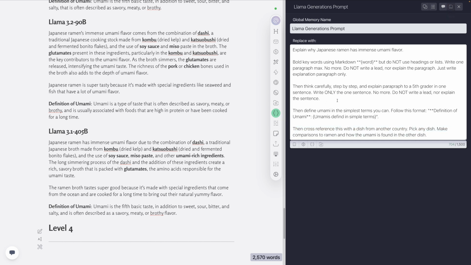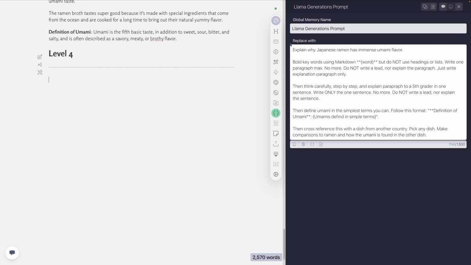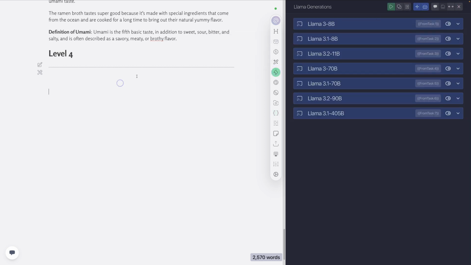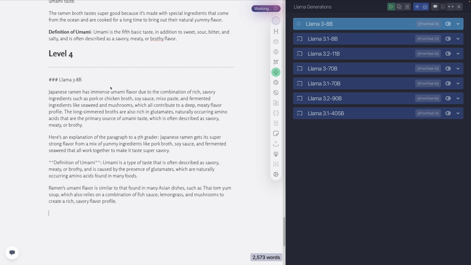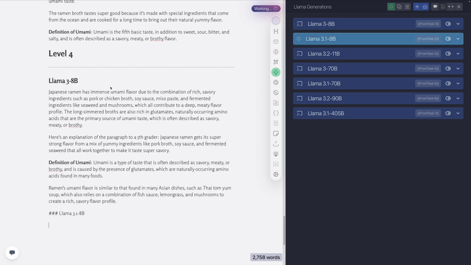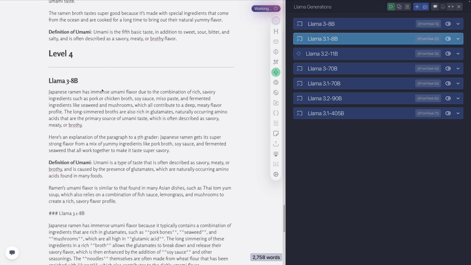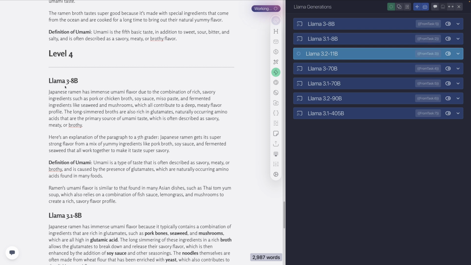So let's go ahead and save this, go down here, and we'll go back to our actions, make sure we're in the right spot in our document, and run. So we got Llama baseline of 8 billion. Okay. So right off the bat, we'll notice that the Llama 3 8 billion didn't use any